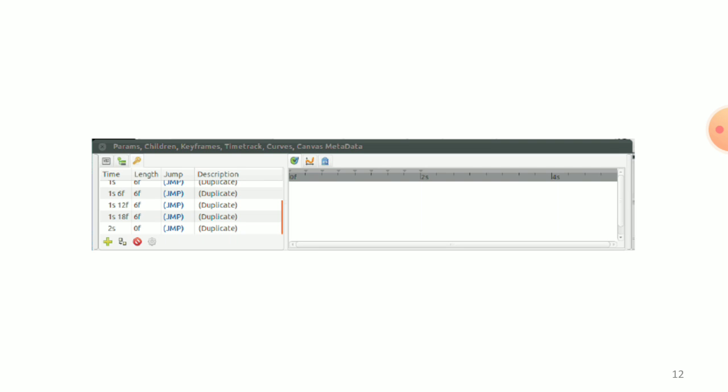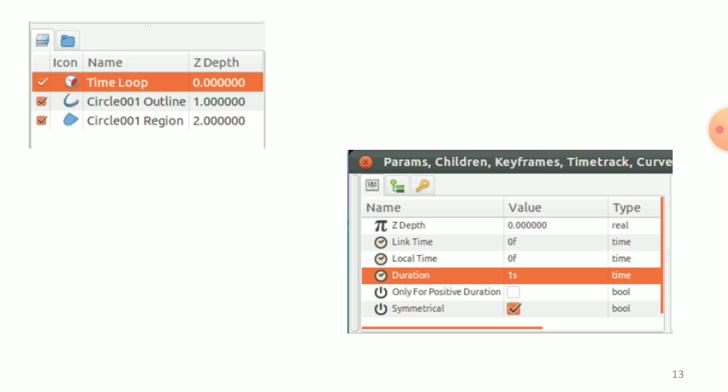We will insert a new time loop layer above the circle layer. Select topmost circle outline layer and then right click and then add a new layer and then another time loop. This will add a new layer as shown in figure. The time loop parameters in figure, so the duration will denote the frame or seconds of the loop. We can change it to 2s as our animation is playing twice till 2s.